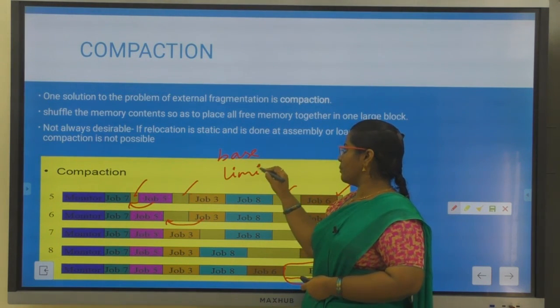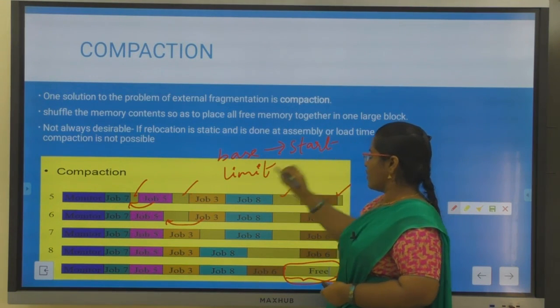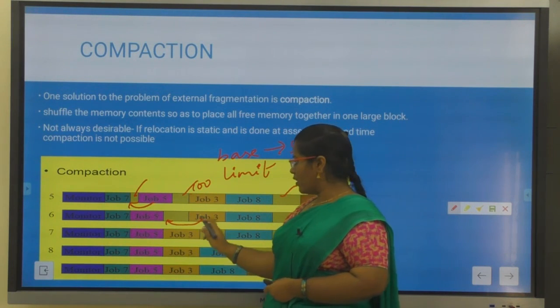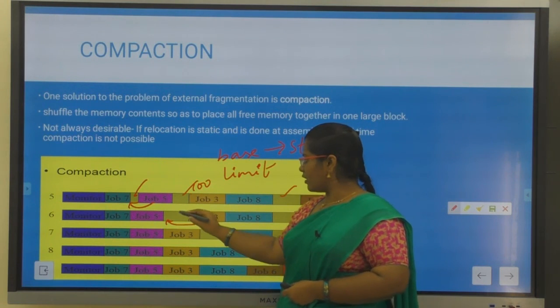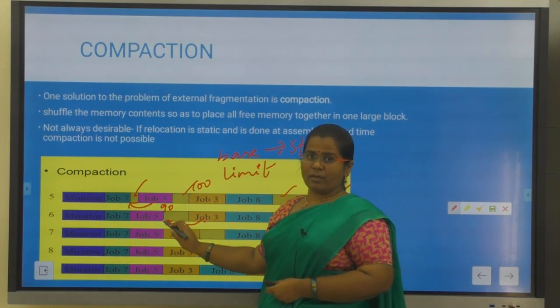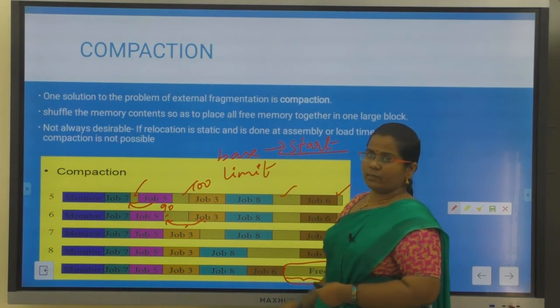What will the base register store? The starting address of your process. If the starting address of your job 3 is 100, and in the next step I move this job 3 to some other location, say 90, then as soon as I move this job to location 90, I need to update the base register.